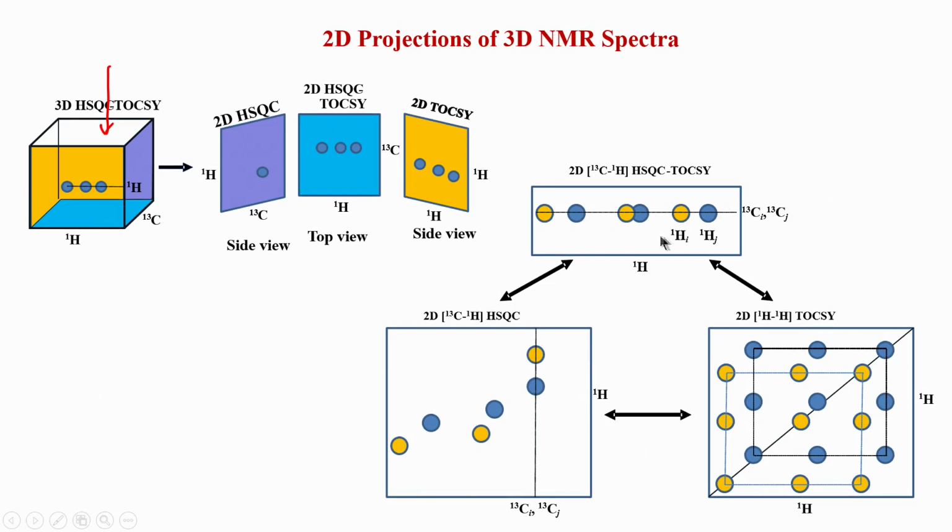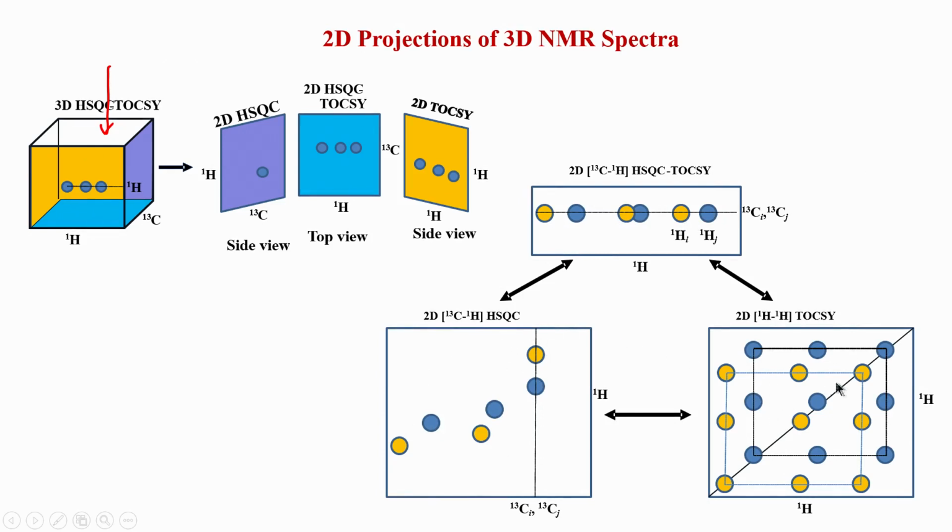This is the same projections analysis. Let us say you have an overlap, suppose you have two spin systems, shown in blue and in yellow or orange, in a 2D HSQC TOCSY. That means these have the same carbon chemical shift, but different protons. In a 2D HSQC you will get two spin systems like this, because each proton will correlate with its own carbon partner. So in total we get about 3 plus 3, 6 peaks in the HSQC.